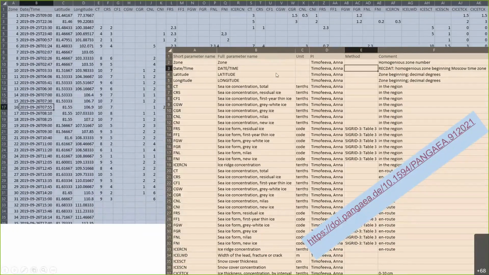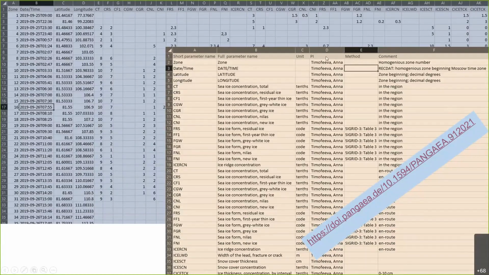So most of the units used in PANGAEA are SI units, and an important thing is that we always look through these parameter names and we match them with the catalog of PANGAEA parameters, and maybe these will then finally have a slightly different name from the name you used, but this makes these datasets interoperable and comparable to other datasets published in PANGAEA.